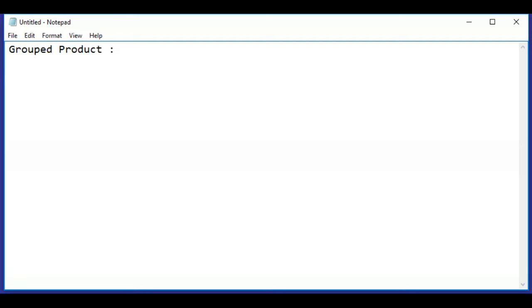In this case, we have to create simple products first. Now I want to sell a power bank. Say three models are there: 5,000 mAh, 10,000 mAh, and 20,000 mAh.